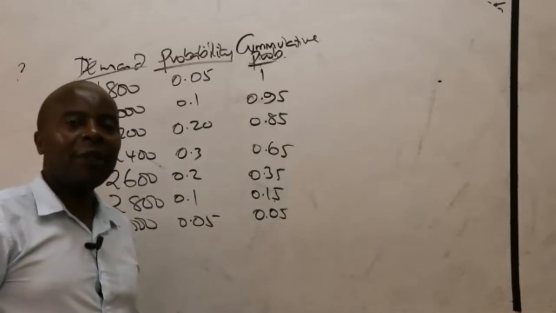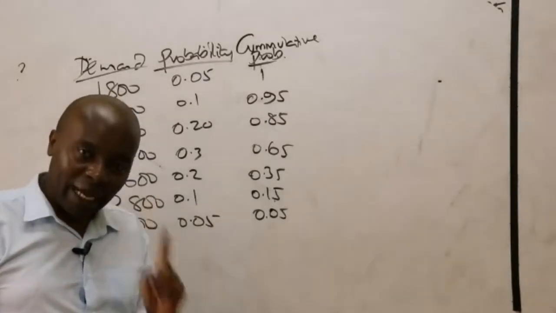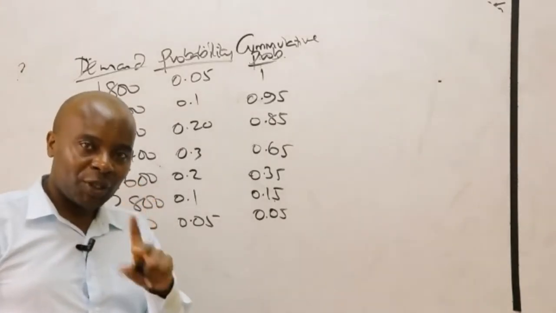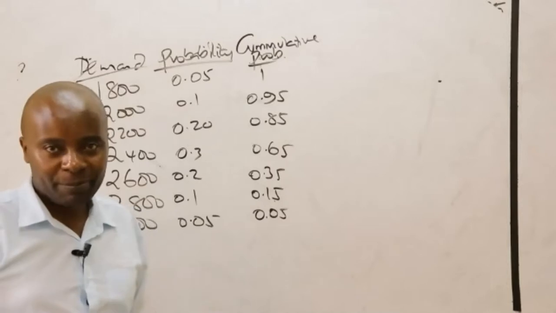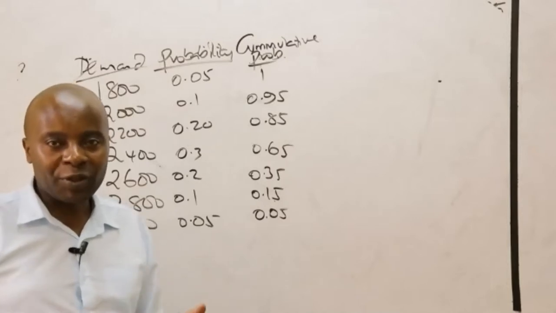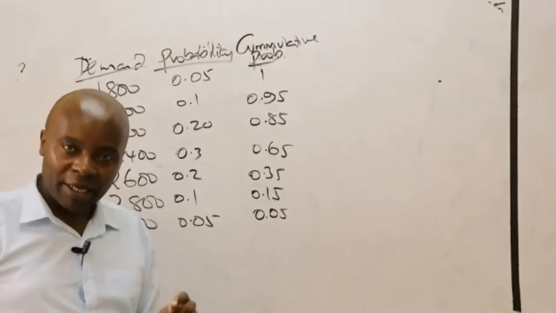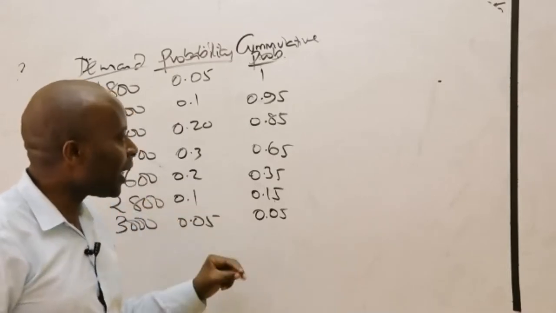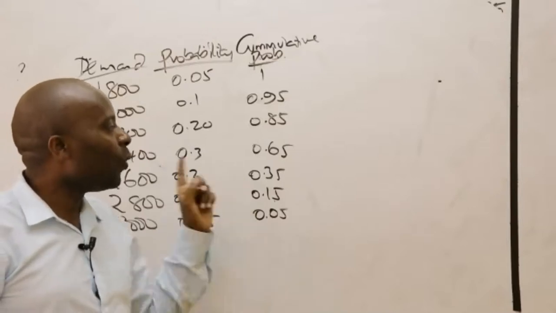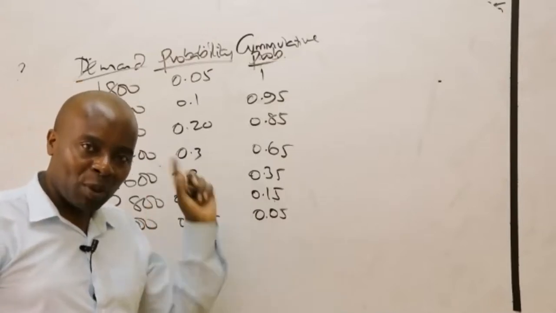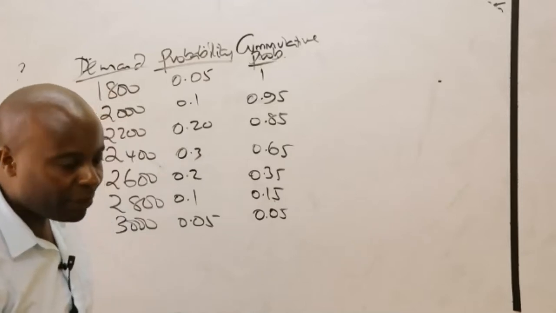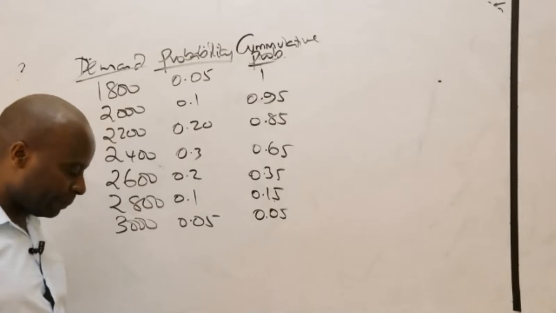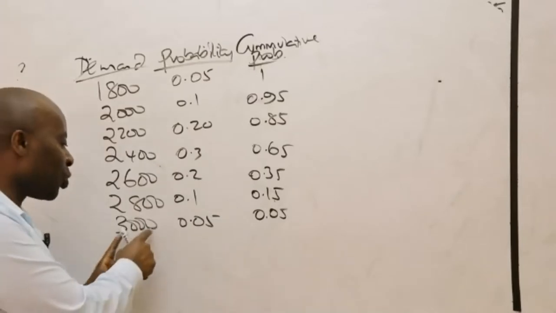Before I explain why, I would want you to understand, if a product has two selling prices which are reducing, where we have perishability being exhibited, whenever it comes to cumulative probabilities, we normally get them how? Upwards. Upwards. Ladies and gentlemen, remember, for a perishable item, if we decide to stock 3,000,